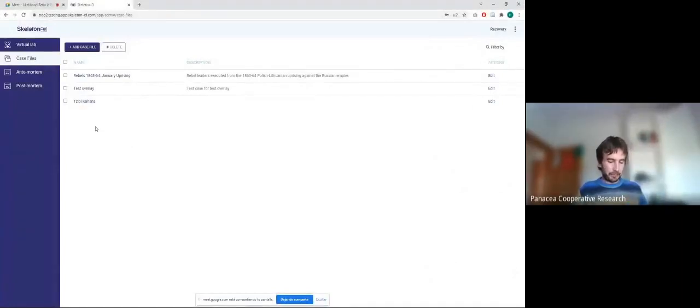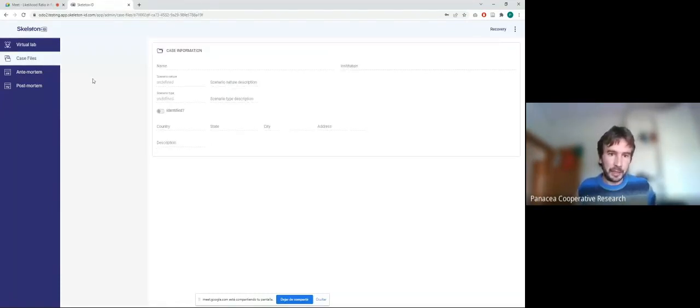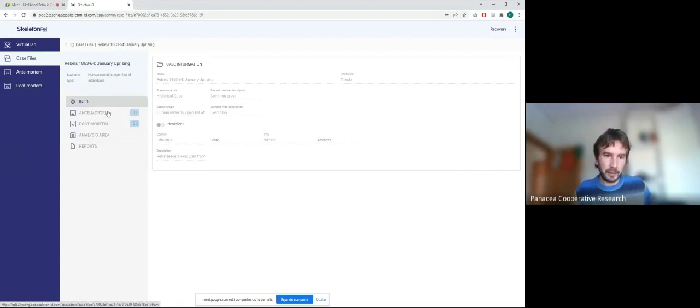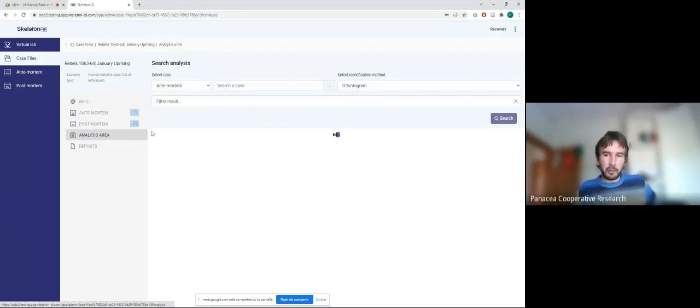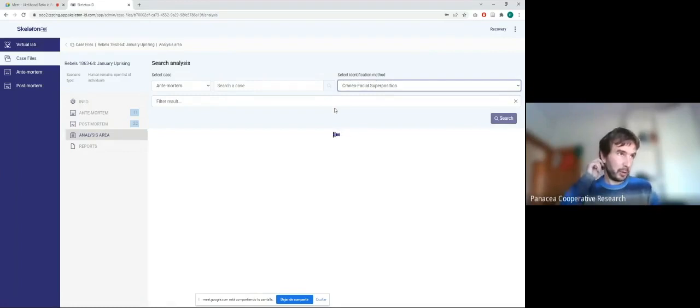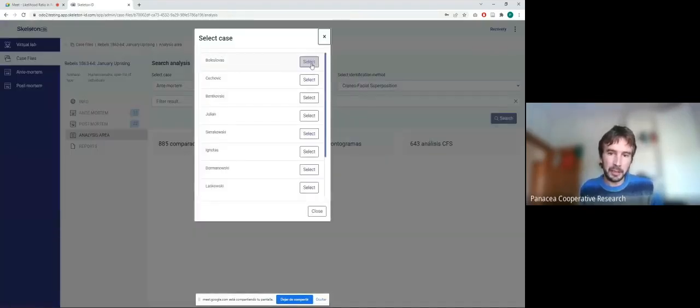So I have just a few examples here. We worked a few years ago with Rimantas Jankauskas and his team on a mass grave in Lithuania. So we have the data here. We have 11 antemortem cases and 22 postmortem cases. And what we are developing, and will be ready in Skeleton ID in one or two months, is this ranking possibility. So if we go to the list of antemortem cases and we select one of them,